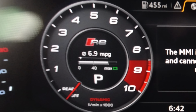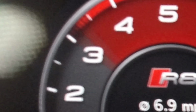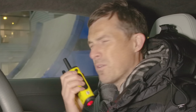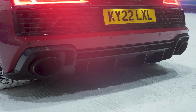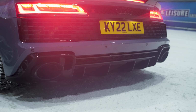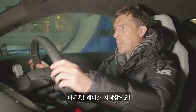Now, before I do the drag race, let's do the customary carwow sound check. So I'm going to start my engine. Give it some revs. I've got a soft limiter. Can you rev up your engine, Daniel? See if it sounds any less. Why do they sound the same, I wonder? This is a ridiculous test. I'm going to do the cheat anyway. Sounds a bit better. You have a go. Ooh. It's nice. Anyway, I would warm the tyres up, but it's pointless here because they're always going to remain cold. Anyway, let's race. 3, 2,